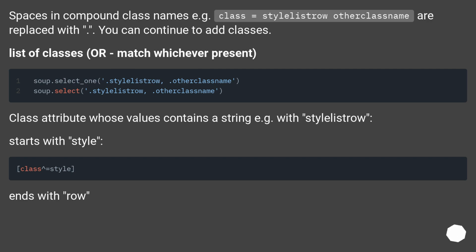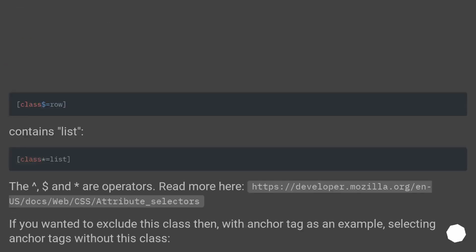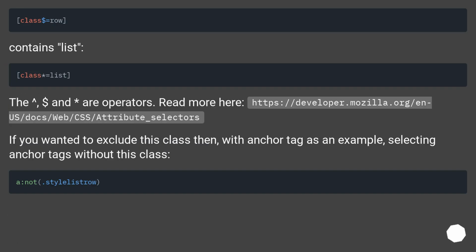Class attribute whose values contain a string, for example with style1 row. Starts with style. Ends with row. Contains list. The ^ and $ are operators. Read more here,